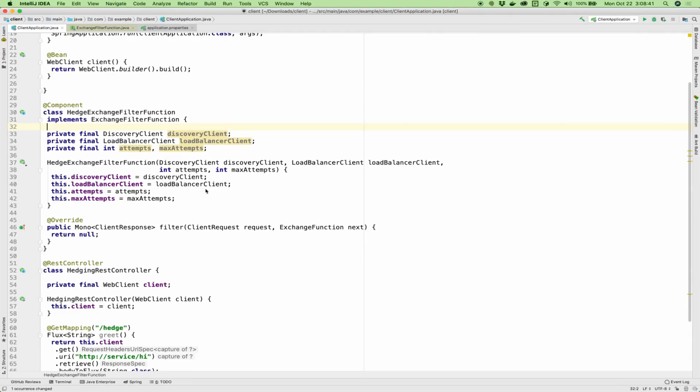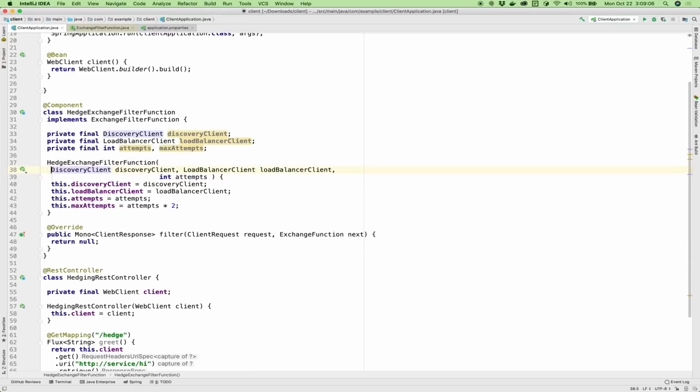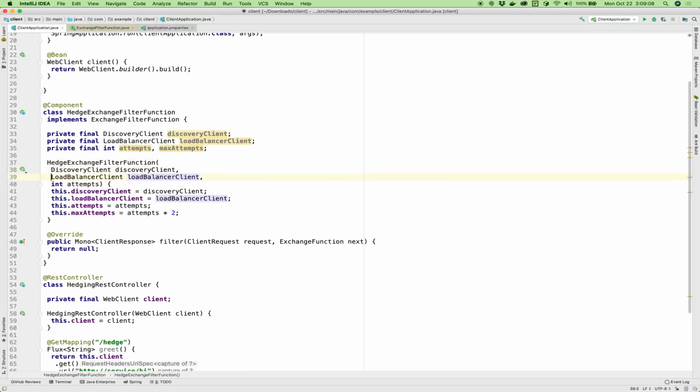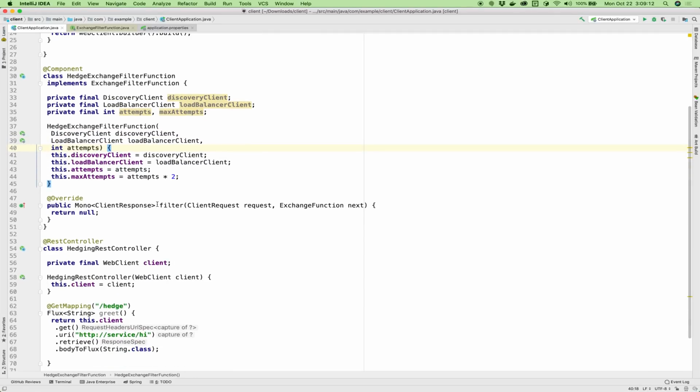For our purposes, we're going to say that we want the max attempts to be attempts times 2, okay? And the attempts themselves, I suppose this doesn't even need to be defined here. We can just make this simpler for now. You can parameterize things to your heart's content later, but let's just keep it a little simple, okay? So we're going to use the load balancer client, the discovery client, the attempts, and then